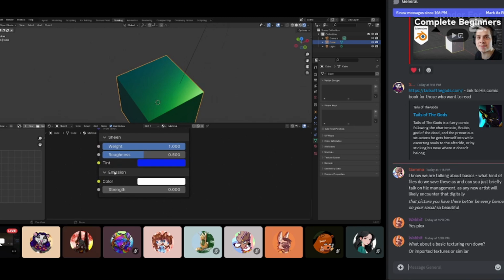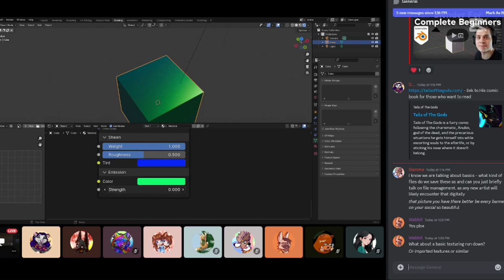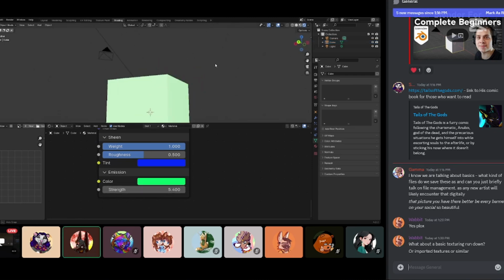And your emission. Its strength is set to 0 right now, and its color is set to white. So I'm going to change its color. I'm going to put it up in a crazy color category here, and I'm going to turn that thing up. Now this object is emitting light. Your object is glowing, but we don't have an atmosphere here that can really show that off. So it's just going to appear as